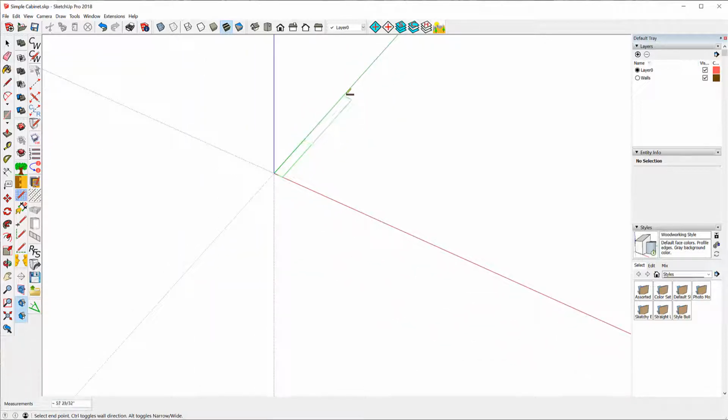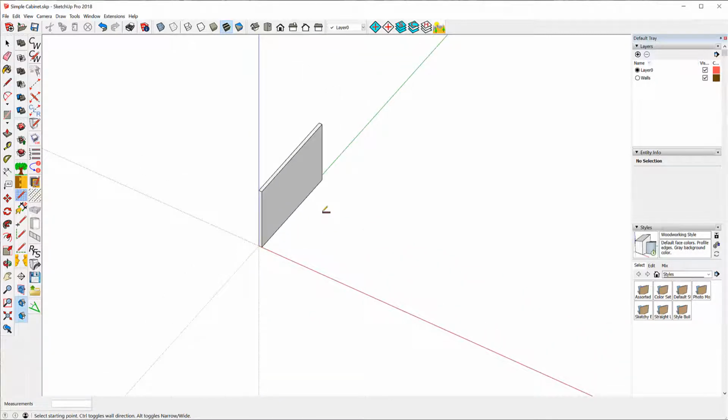And I'm going to make this wall 12 feet long by just dragging it out. I don't have to click. Drag it out. Type 12 feet. Enter. Now I have a wall that's 96 inches high per our CabWriter settings, 12 feet long,